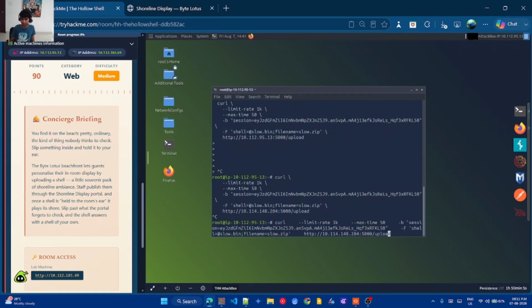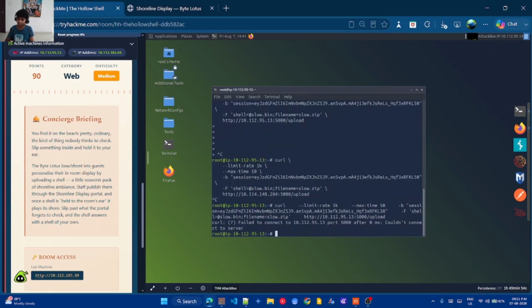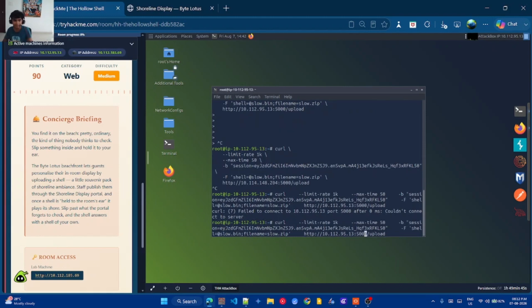Okay, so that one was working. We're just going to use our IP address here. Are we using the wrong path? Wait, that's the attacker IP. Sorry, I got confused back there. 185.69, and